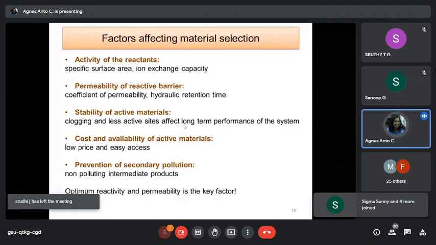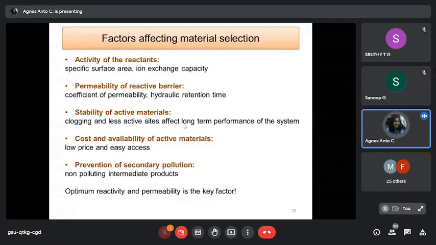So the main trade-off is between reactivity and permeability. Smaller grained particles are more reactive because more specific surface area is available and more reactions can take place. But when I decrease the size of the particle, it will hinder my permeability. Smaller the particle size, it becomes impermeable. So I should get a proper trade-off between reactivity and permeability, and based on this I should select what kind of material I have to use